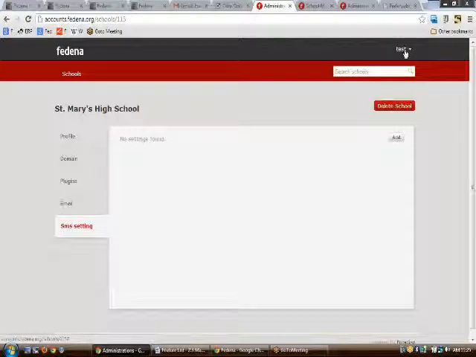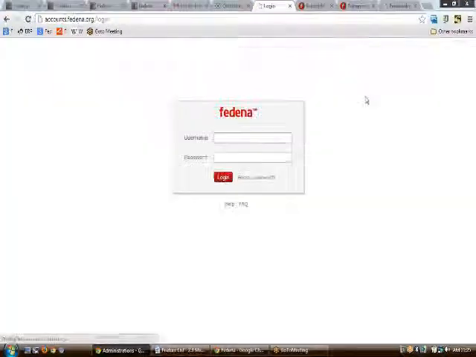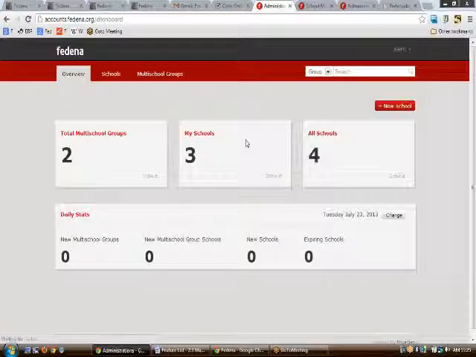Now we would be moving on to see how a client with the multi-school privilege would be dealing with things in accounts.fedina.org. So I have a client named, say, NT. On moving into this, a client would be seeing this dashboard.